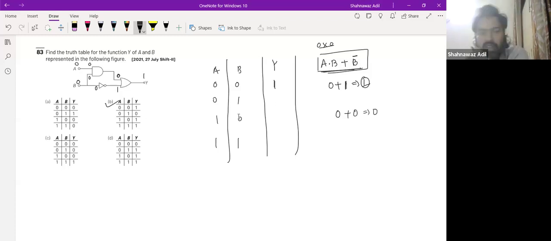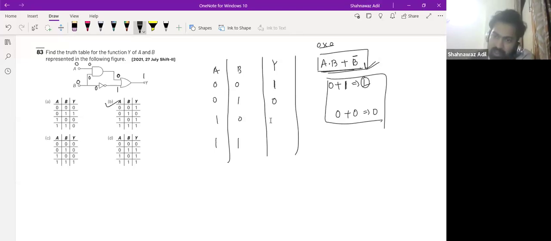So this would be 0, so we are getting 0. We can do this by just putting these values, or we can find out the formula and then just put the values. Both the things are correct. But I would suggest you to do these things